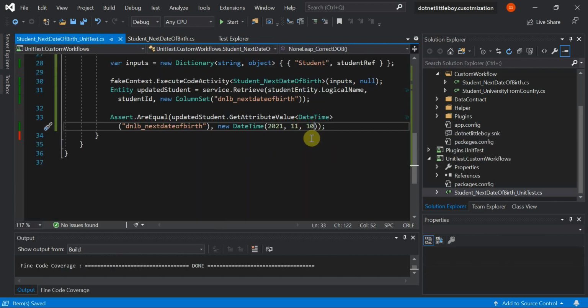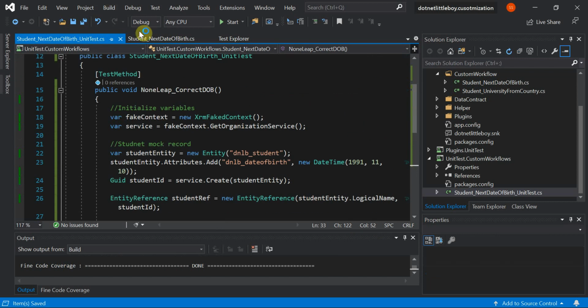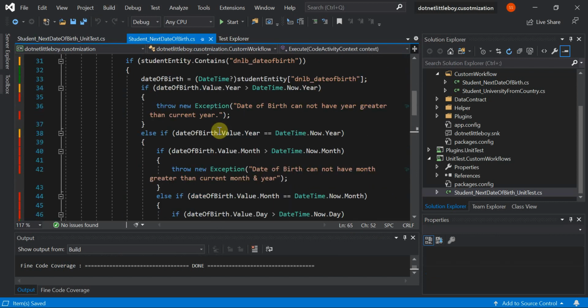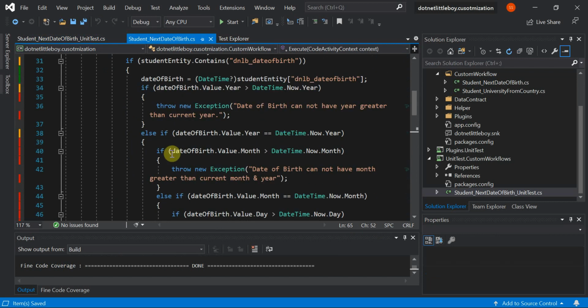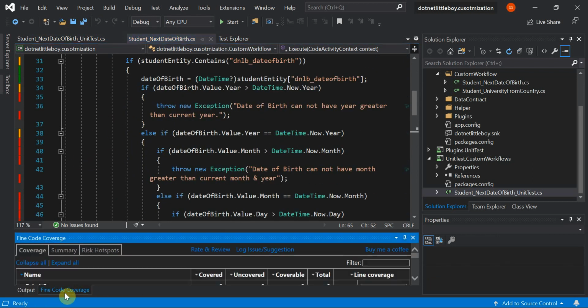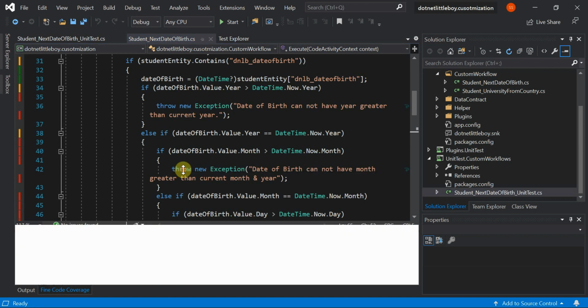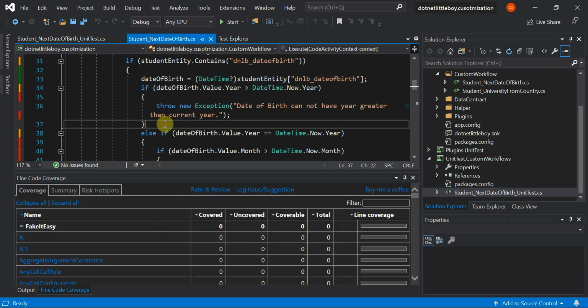Like that, I will have several test cases based on different types of date of birth taken here as input. Once the code is executed, I have installed the find code coverage tool here. That is one of the tools I'm using to find the code coverage done for my code written, like for the plugin or custom workflow.